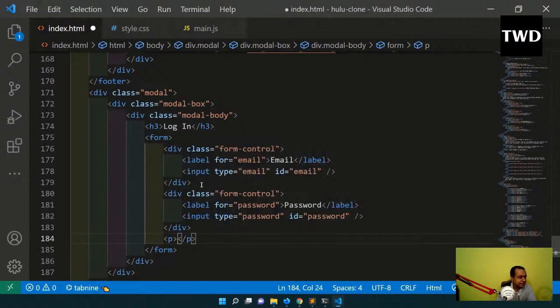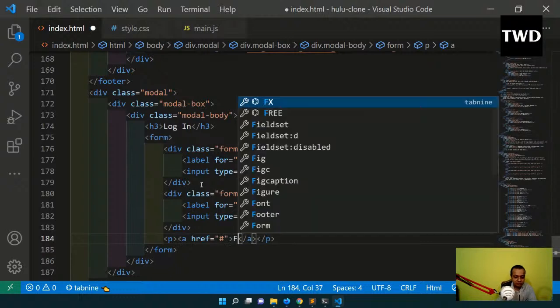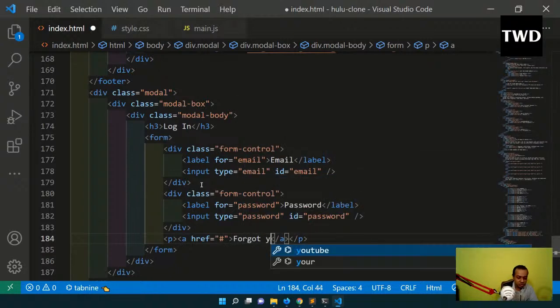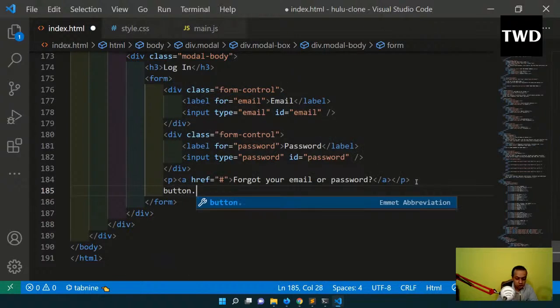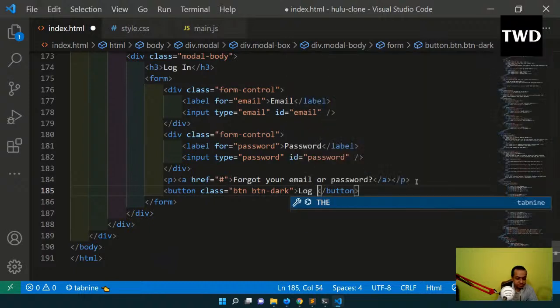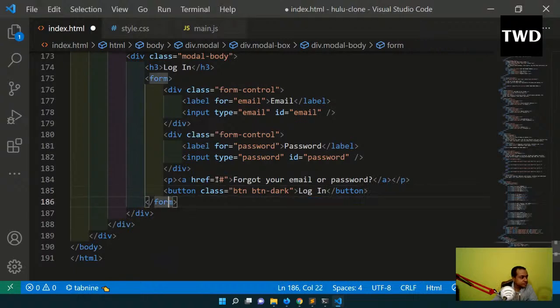So I'll have a p tag, and then a tag, hash, for forgot your email or password is there like this, and button is there, dot btn dark, login, like this,